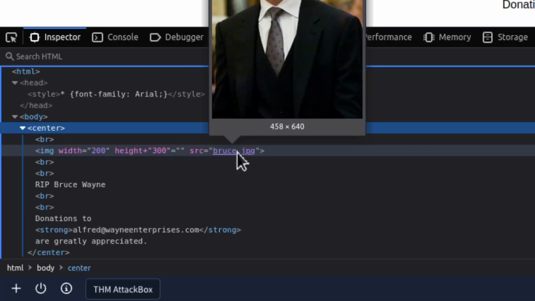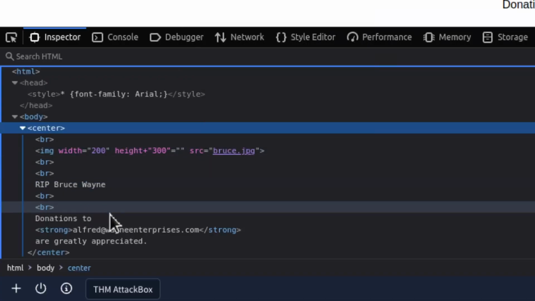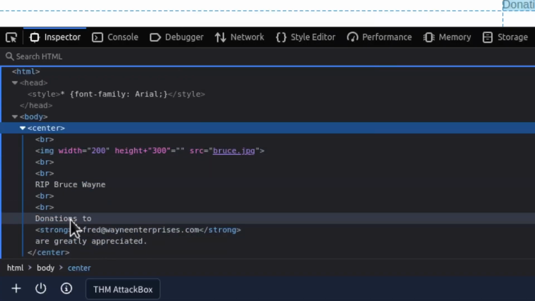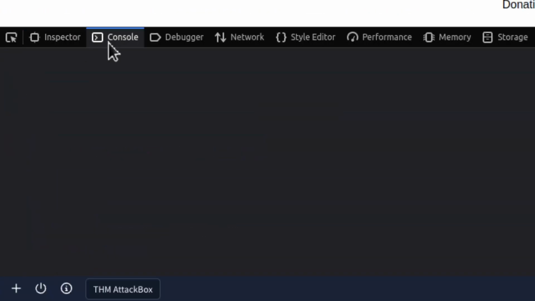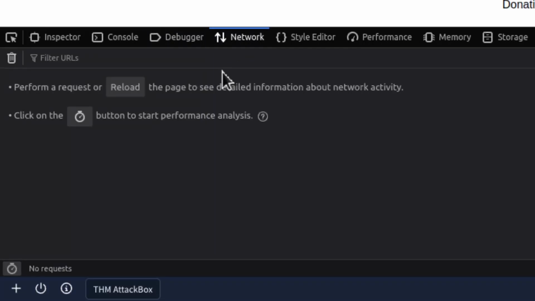It doesn't give us the link to it. The donations are just the email address. So nothing interesting or useful really here. Console would allow us to interact with it. Debugger has nothing in here. Network usually, or where is it? Is it under network? I think it is under